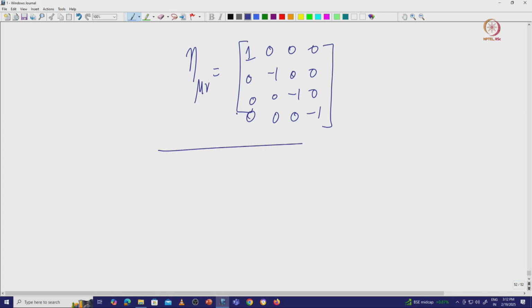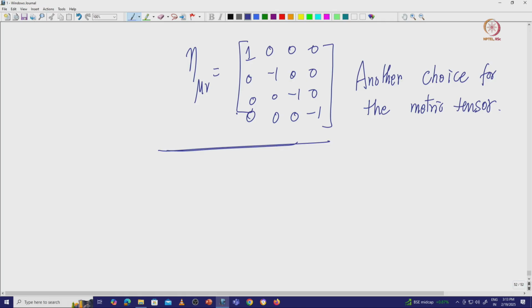This is also another choice for the metric tensor. In this case, ds square is equal to c square t square